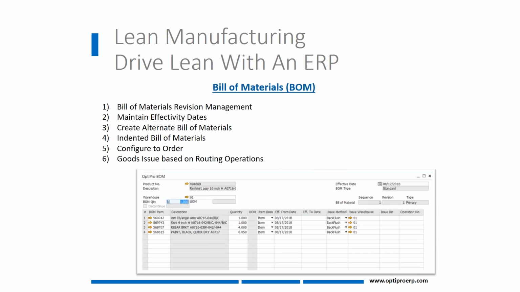We've talked about bills of material, within a solution, and certainly within OptiPro, the ability to handle indented bills of material and manage the revision of those bills of material and the components within the bill of material. Clearly, if we're going to get better and better, we're going to make changes in our BOMs. We're going to make changes in our parts. From a manufacturing perspective, we have to be able to control that in an auditable, manageable, visible fashion.